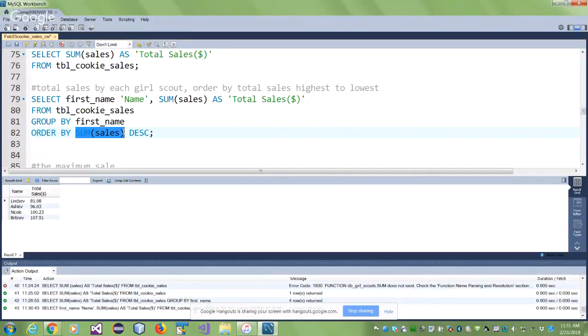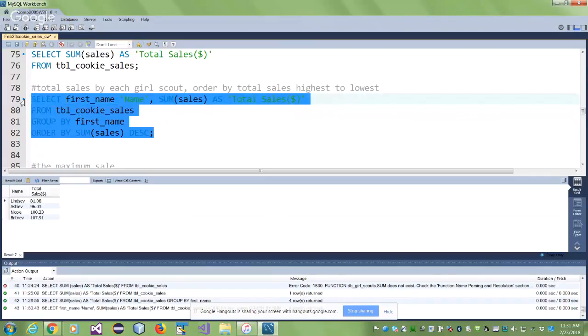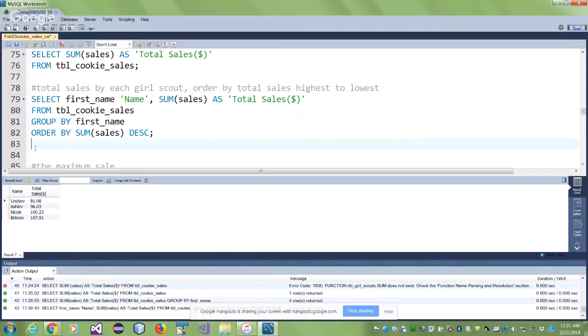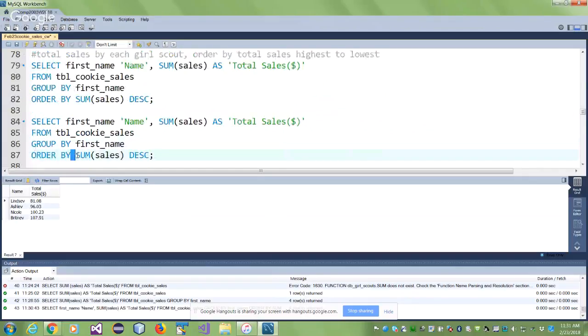I've just used the sum sales field, which was called sum sales here, to do it. Some people prefer this way, and I'm just going to write it for you because it's not a big deal at all, and you should know about it. You can use the position if you like. So what does 2 mean? 2 means the second field, or field number 2